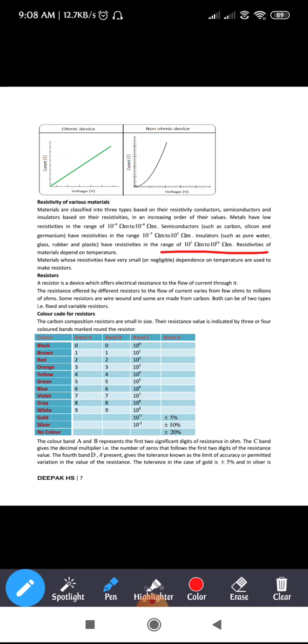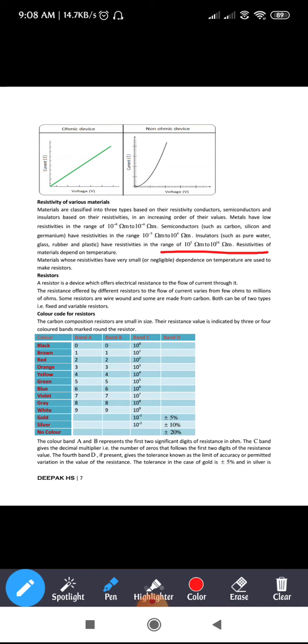It is very small in size, and the resistance value of this carbon resistor is indicated by the color bands on it. Depending upon those color bands, we are going to find the value of the given resistor. So let us see how we are going to find the value of a resistor.